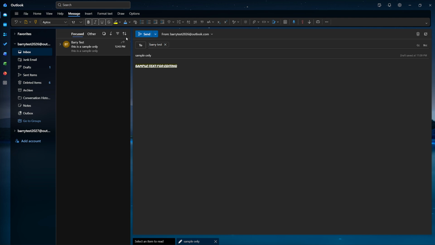When you need structure, add bulleted or numbered lists. Click the bullet or numbering icon, type your first